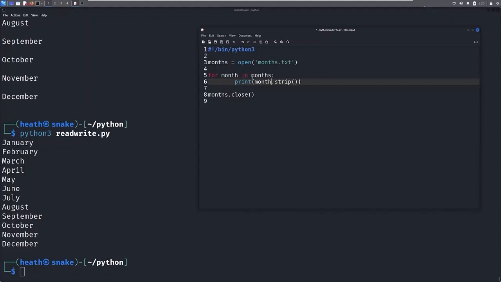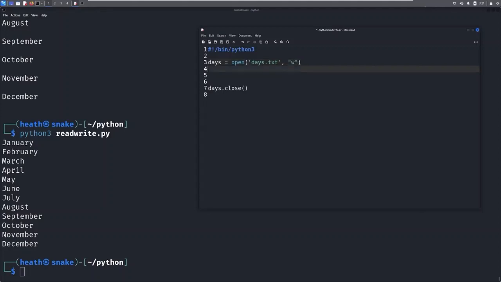So if we wanted to, for instance, open a file, let's open a new file. Let's do something we haven't created yet. Let's do days of the week. So let's do open days. And if we try to do this, let's change months to days. And we're going to change days to close, and we're just going to leave this open right here so we have our best practice. Now, if we tried to run this with an open days.txt, we're not going to be able to do that because currently we're just in read mode. So we want to be able to turn over and put ourselves into write mode. In order to do that, we can just